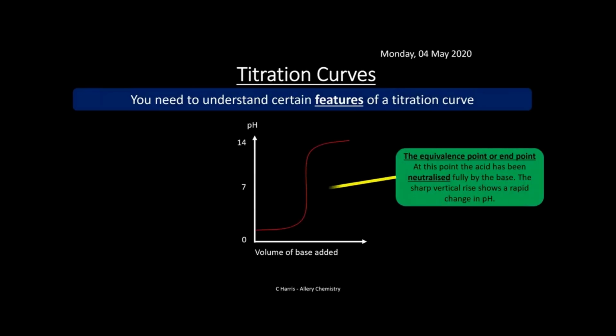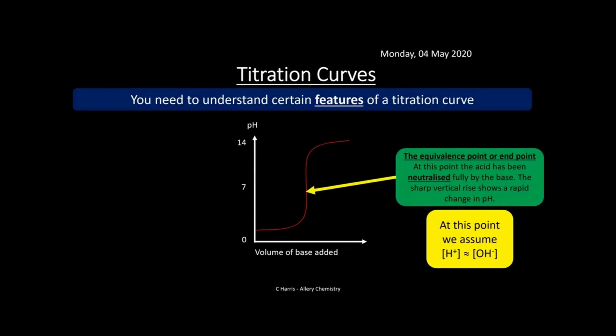So let's have a look at some of the features. On these graphs, you have something called an equivalence point or an end point. This is on the vertical part of the S-shaped graph. At this point, the acid has been neutralized fully by the base, and the sharp vertical rise shows a rapid change in pH,